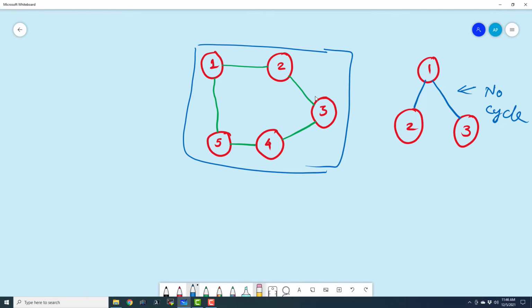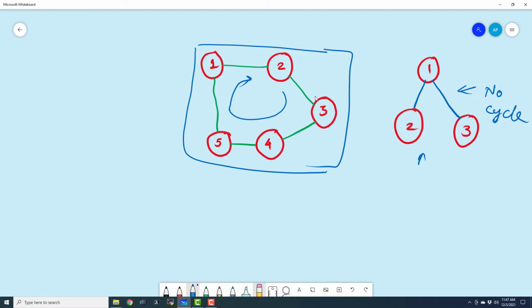So if you start from a node and then if you find the path to come back to the same node, then it is known as a cycle. So here we don't have any of that sort of cycle. But here if I start from 2, then I can just go ahead, traverse 3, 4, 5, 1 and then again I will come back to 2. So if that is true even for a single node, then it is known as a cycle. Only graphs have got cycles. Trees, even though they are graphs, they do not have cycles. Okay. So this is the difference between tree and graph. Basically every tree is a graph, but every graph is not a tree.